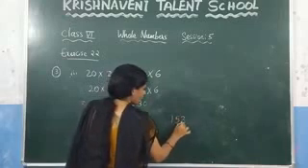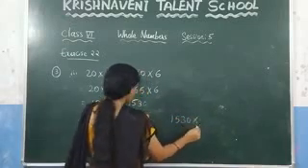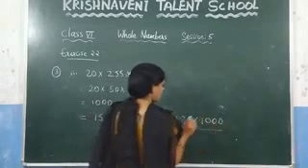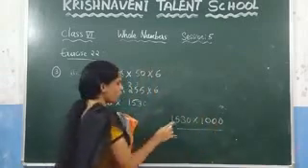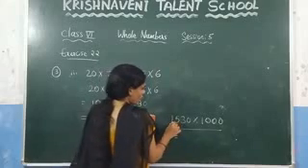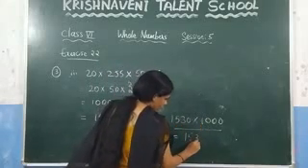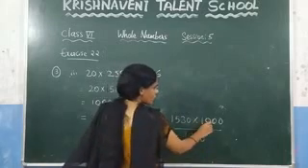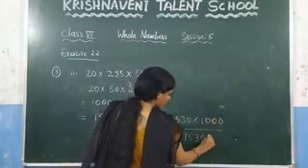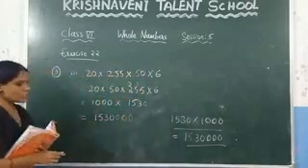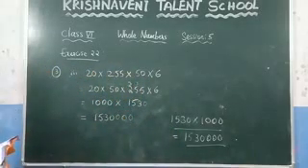So how do you solve this one here? You got 1530 into 1000. If you get it like this, just multiply the number leaving the zeros. What is the value of 1530 into 1? It is nothing but 1530. Now how many zeros are there here? 3 zeros are there. Keep the last 3 zeros. This is the value of this one. Like this you need to solve the problem. Now see the fourth question.